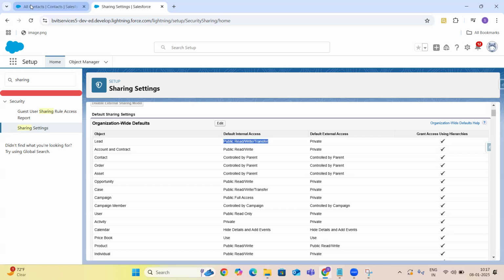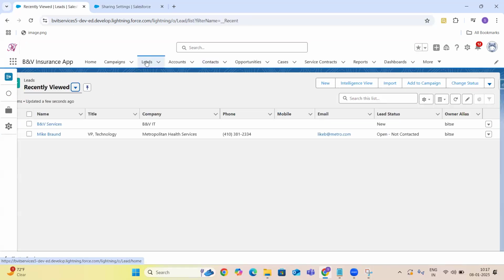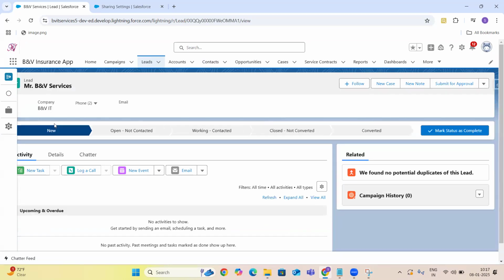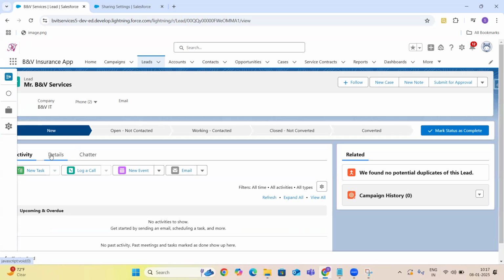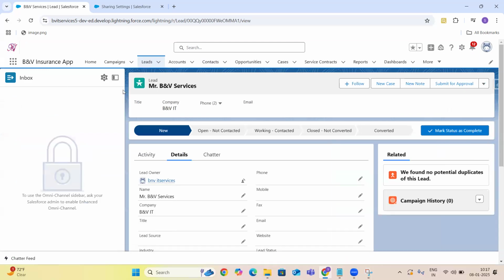Let me just open up the leads. Read means I can view this record, and I have the option to edit the record. And I have the option to change the owner. Transfer is nothing but changing the owner.